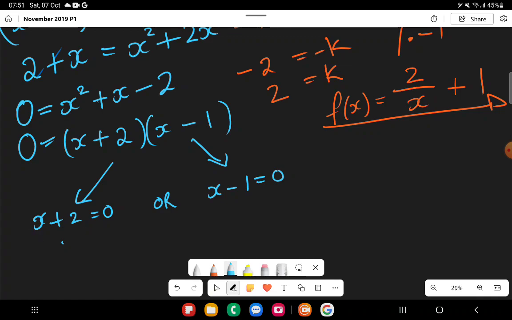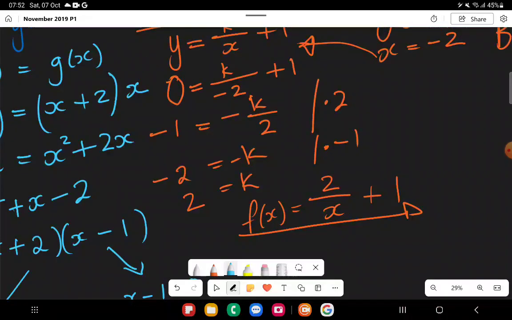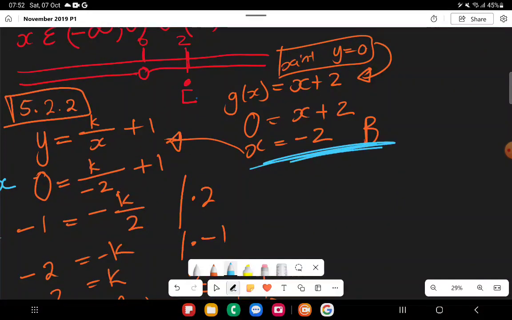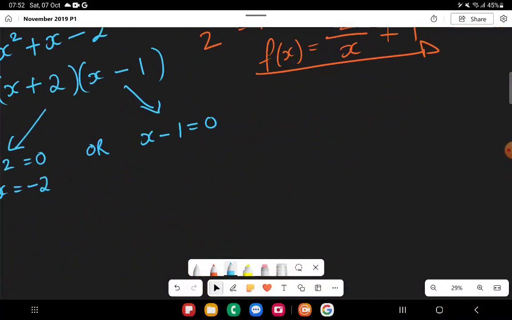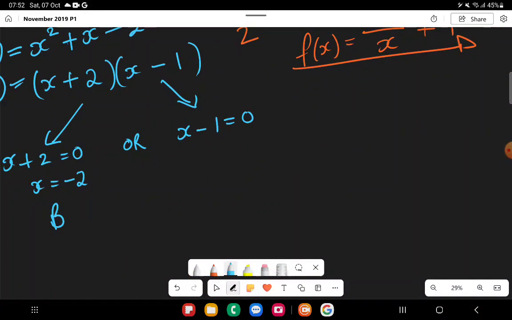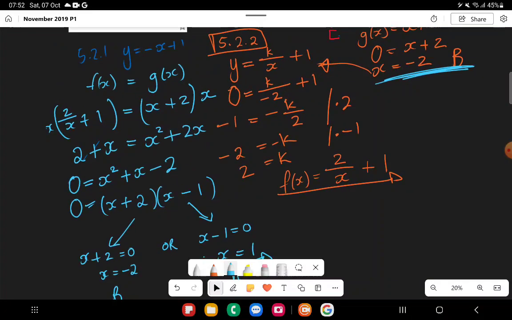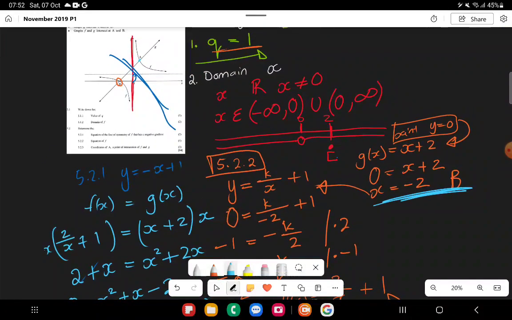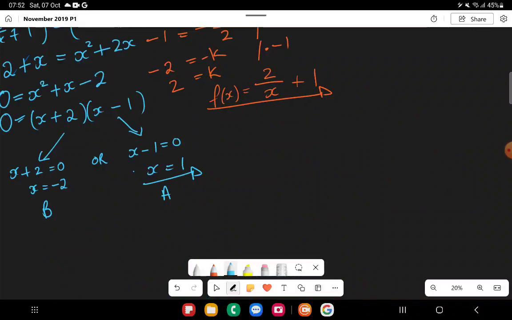X plus 2 equals 0, x equals negative 2, which we know to be true here at point B, right? X is negative 2. So that's not what we want. We want point A. This is B. Here we say x equals positive 1. That's what we want. That's point A. Okay, have we solved the question? No, not yet, because we now know the x value. So now that we know that x is 1, we can take